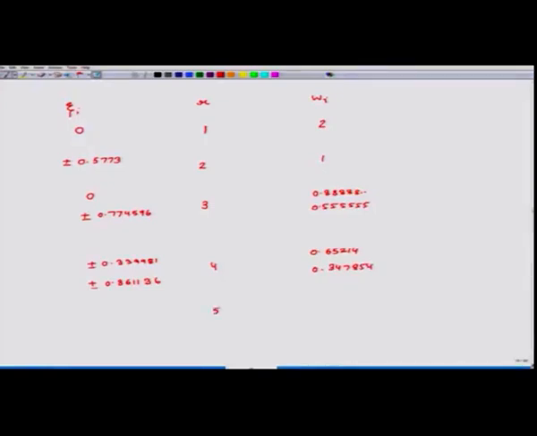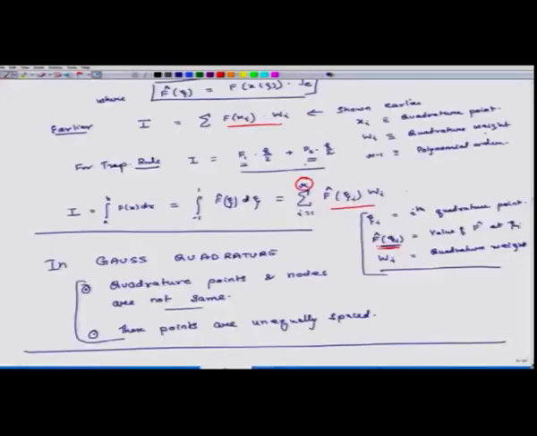And you can have 5, 6, 7 and so on and so forth. But the point is that using this table, you can give this table to your computer program, and tell the computer program what value of r you want integration for. Then for that value of r you can implement this formula very easily.